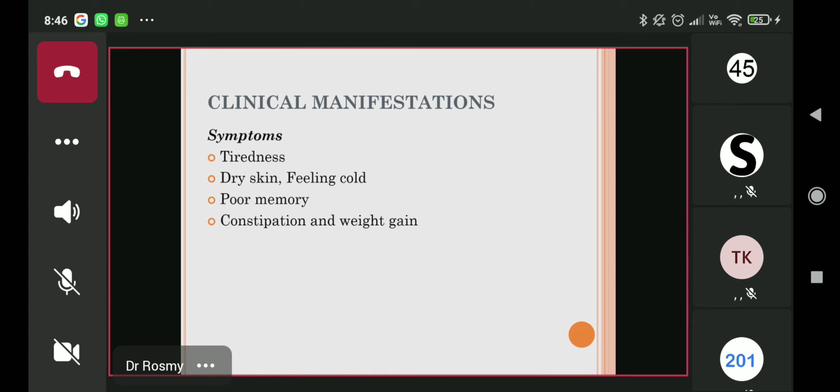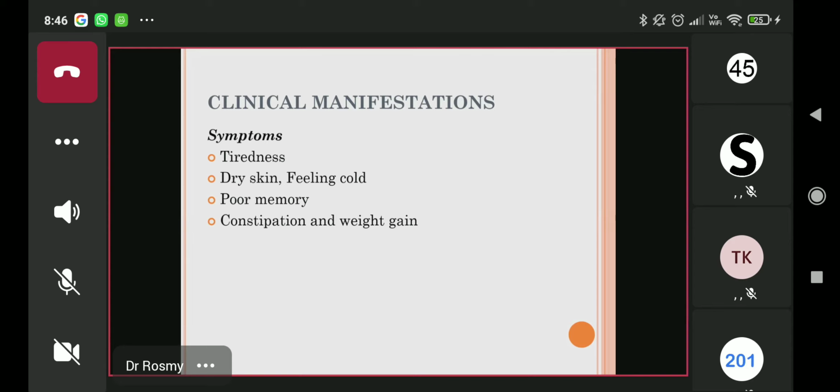some creams or some emollients. They will always complain of feeling cold. That is, everybody else is fine with the fan, but they find it cold. So they want the fan to be reduced or switched off. Apart from that, poor memory. So many people will say कि पहले तो सब काम ठीक से हो रहा था बट नाउ आई हैव स्टार्टेड फॉरगेटिंग, अब भूलने लग गया. So well educated, even less educated and housewives, they will say कि पहले तो घर का सारा काम आराम से होता था, अब मैं भूलने लगी हूँ चीजें. So that is poor memory, another complaint in hypothyroid patients.